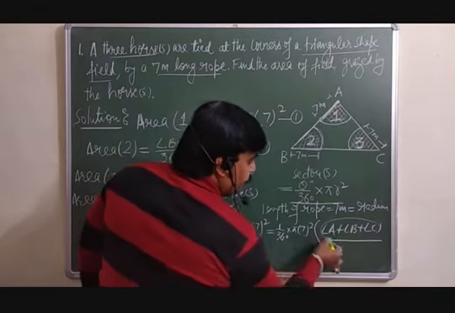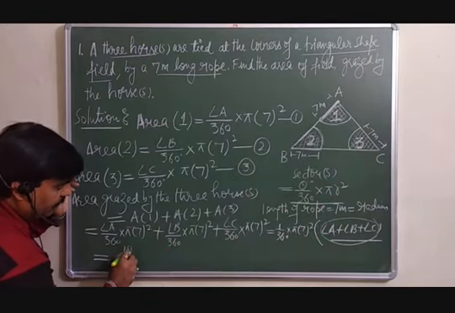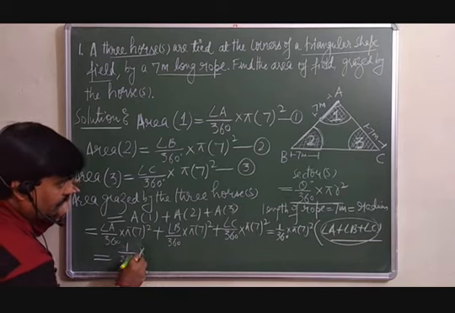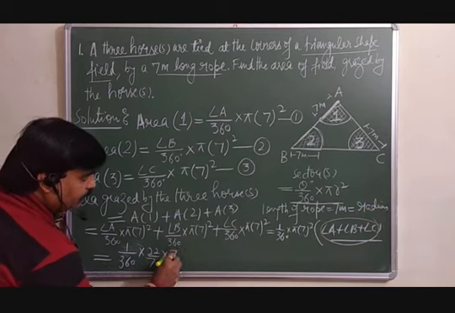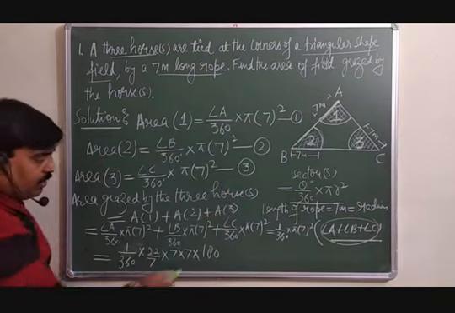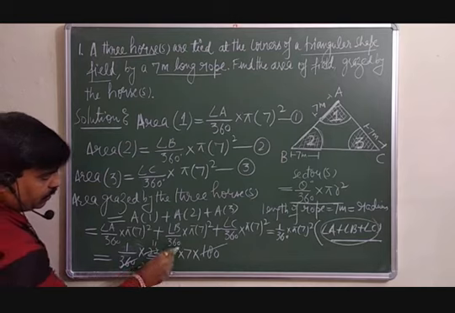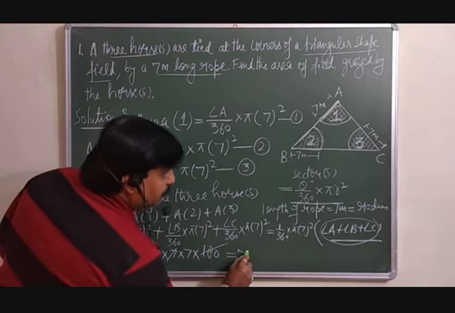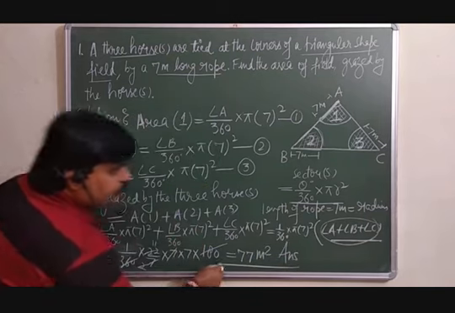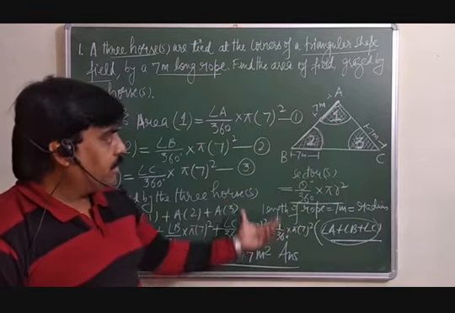और ये क्या होता है? The sum of these three angles is 180. So this is equal to 1 over 360 into pi, where pi is 22 over 7, into 7 square, and into 180, because the sum of the angles is 180. So 180 goes twice into 360, and 7 is gone. So 11 into 7 is 77 meter square. This is the area which can be grazed by these three horses. That will be equal to 77 meter square. Have a look.